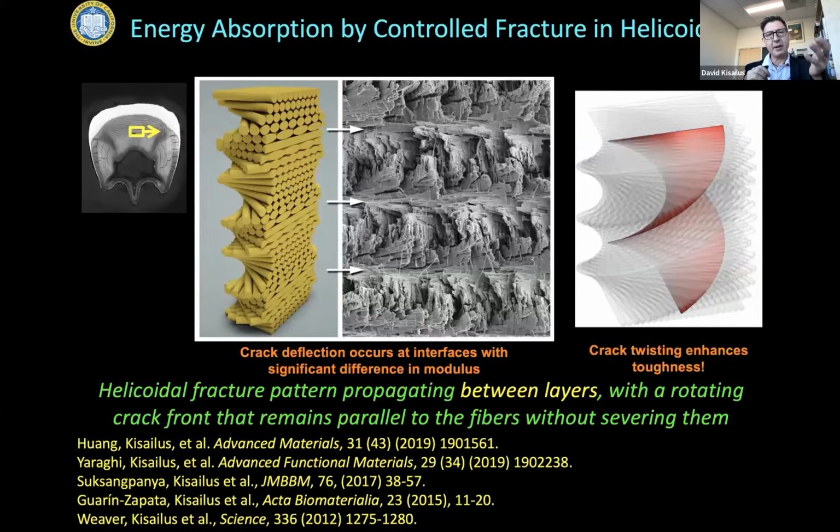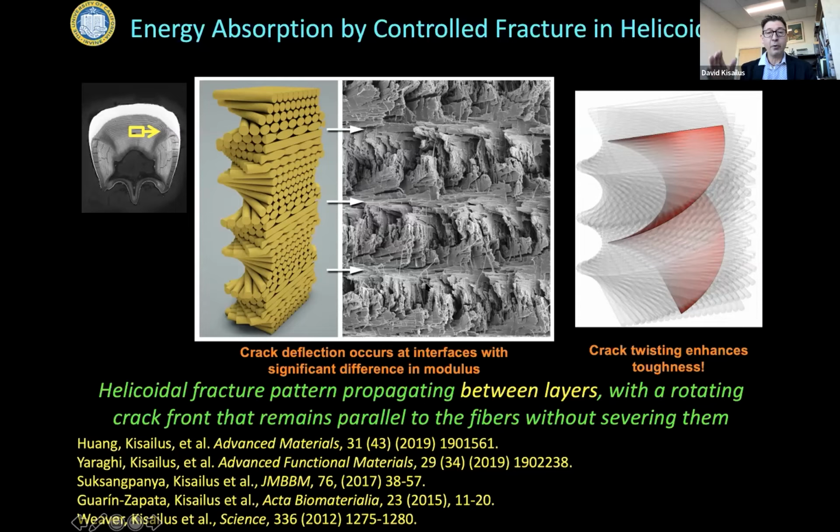And we found that the design feature, this Bouligand or helicoid structure, combined with this fiber-like material surrounded by a glue, if you will, a matrix material, will deflect cracks and twist cracks. And so any little crack that may form during a hard impact will have a really hard time to propagate. Unlike, for example, if I have a glass here, my dirty tea glass, if I drop it on the floor, a crack will just rip right through and this ceramic will shatter. Conversely, this structure will not shatter. It will absorb all of that energy during these impacts. So that's a very critical thing that we uncovered way back in 2012. We published this in the journal Science.